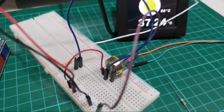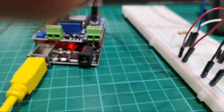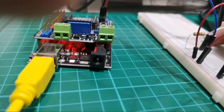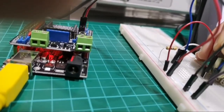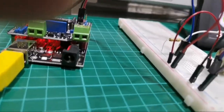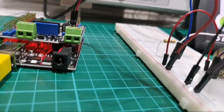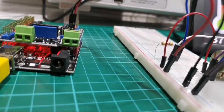So let me just see if I can move the wiring around. Might be my own wiring that is wrong. Great. Blue is...